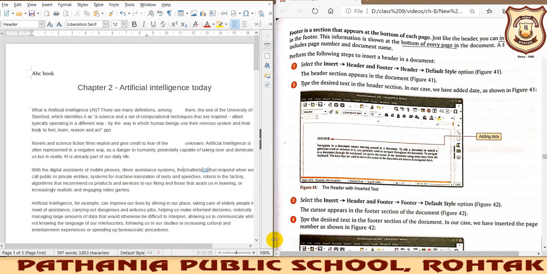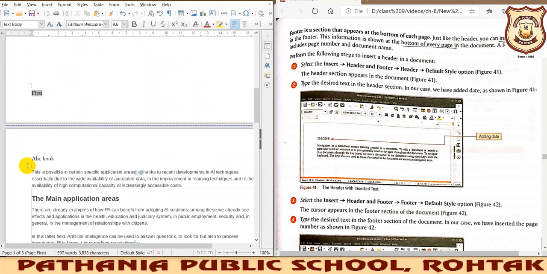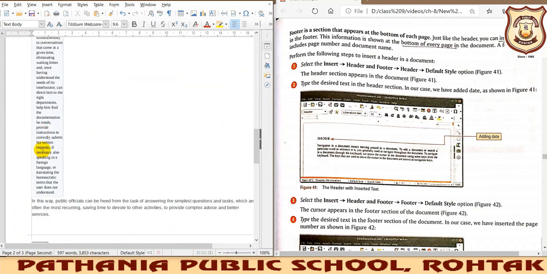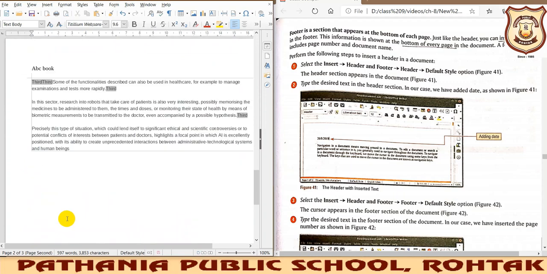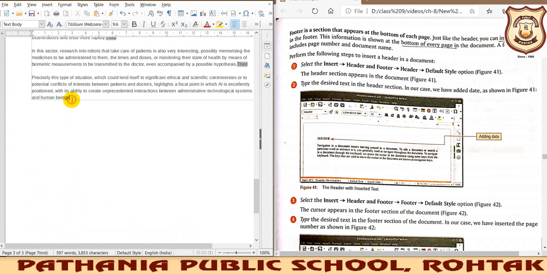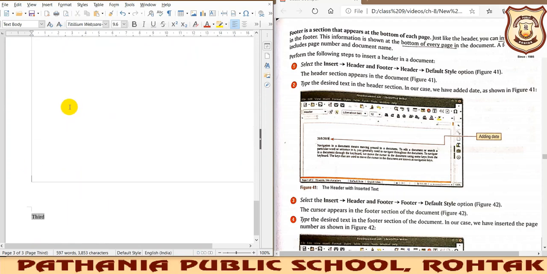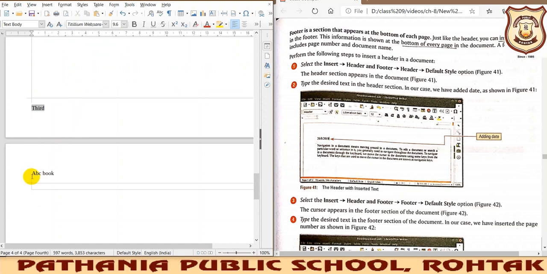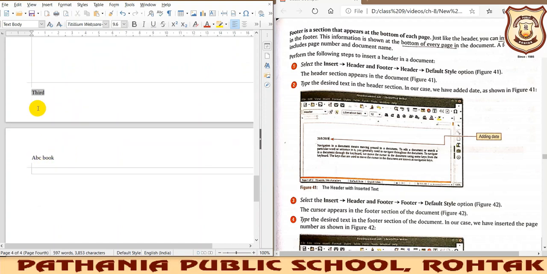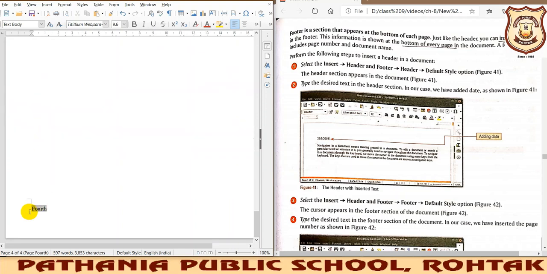So when I click outside somewhere, you can see that on every page you will get this header. If I insert a new page, or keep pressing enter to get a new page, ABC book will come every time. In the footer we have already been using the page number, so you can see the fourth page number is already there because we have used this concept.